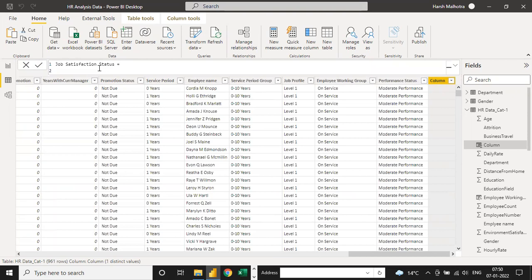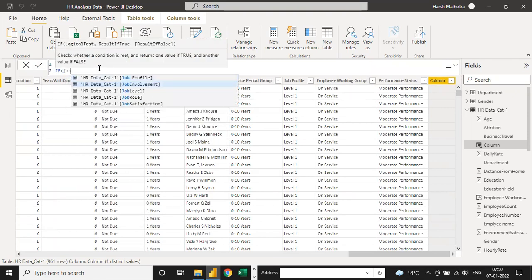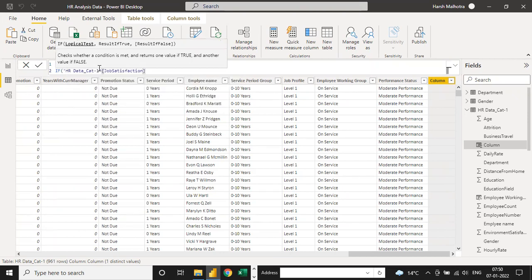So you have to write a condition that if job satisfaction, okay, is greater than 3, then we need, what can I say, highly satisfied.